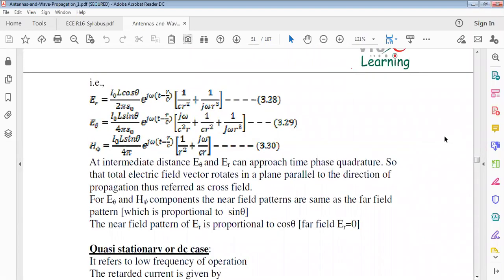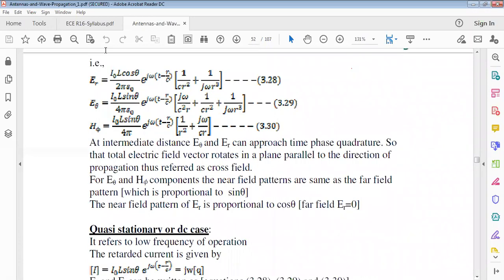If you remember only these components, then no problem. From the final exam point of view, they are mostly not asking for the derivation of those field components. Why? Because it is too lengthy. Of course it is very easy, but it takes at least four classes, one blackboard. It takes 6 to 8 pages of notes.